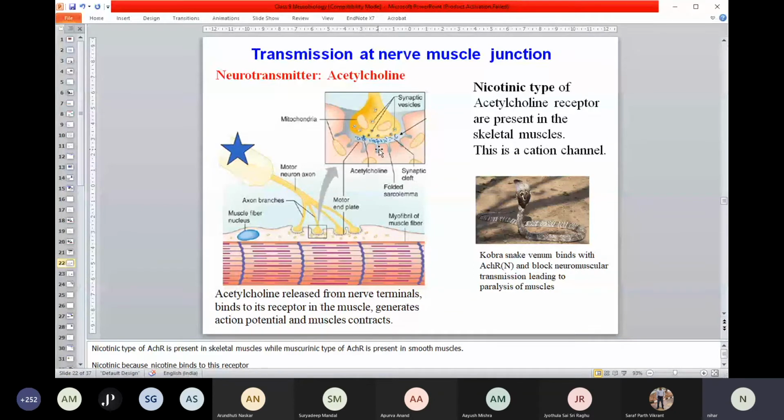And if it spreads to different parts of your body, there's more of a problem. So that's why, if you can localize this and not allow fast spread, sometimes people try to minimize the spread, so that the local area is paralyzed but it does not reach the other parts. But most often that does not happen. Don't allow fast spread in the beginning. It might reach different parts of the body and thereby can collapse you. But you understand how cobra snake venom works. That's very important. It's an antagonist of the nicotinic type of acetylcholine receptor.